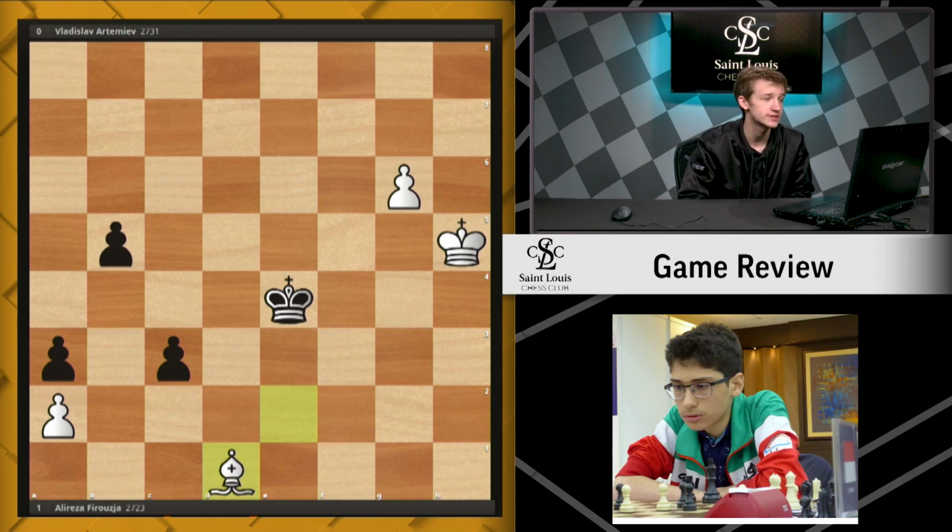White's simply queening first. So once again, a very impressive game from Firouzja here, ripping open the center and the king using his central majority, and black playing a little bit slightly odd. It's a good reminder not to focus simply on trading pieces, but to get your pieces into the game and find